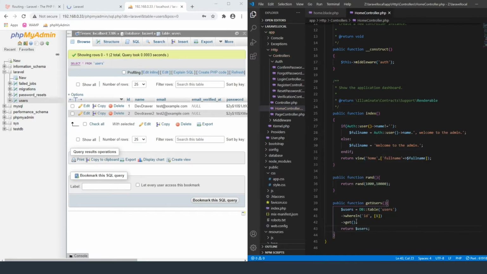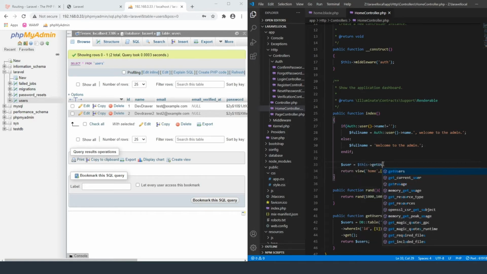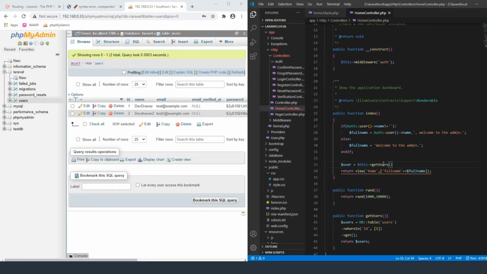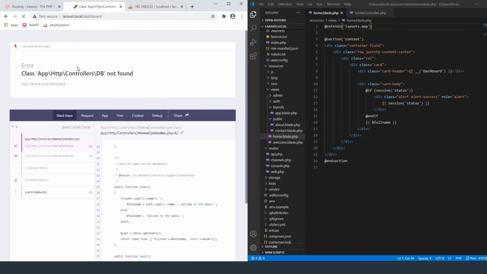users. And then inside of this index function, just because I'm going to display it inside of the index function, I'm going to call that function. So we're going to say users equals this get users. Because it's in the same class, we would use this. And then we're going to pass that variable as users. Again, I did the same thing. So we're going to pass the variable, but the key needs to be set that way, and this is users. So on our home.blade, we should be able to